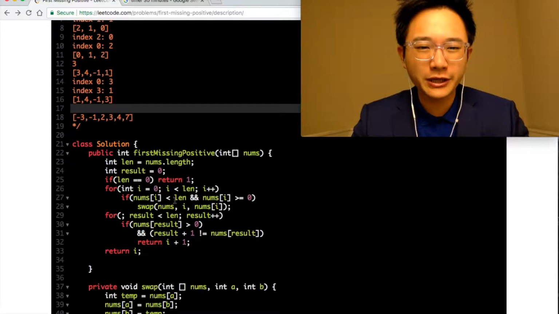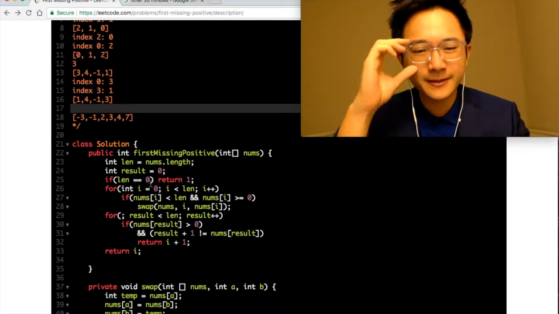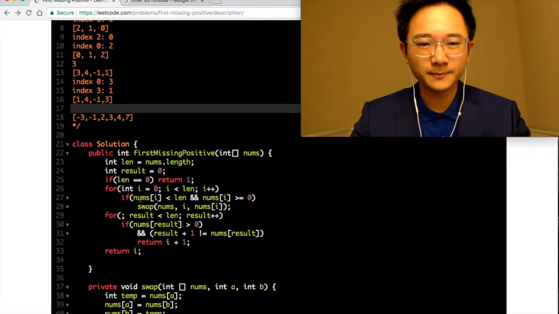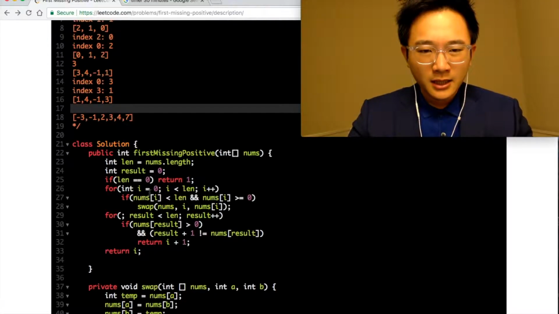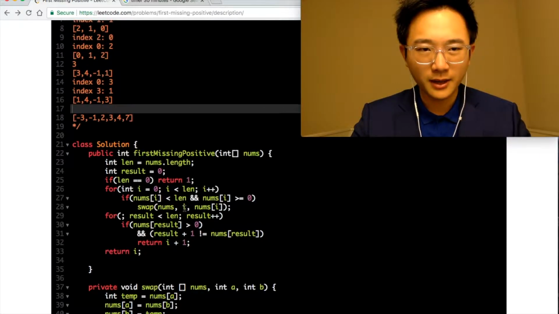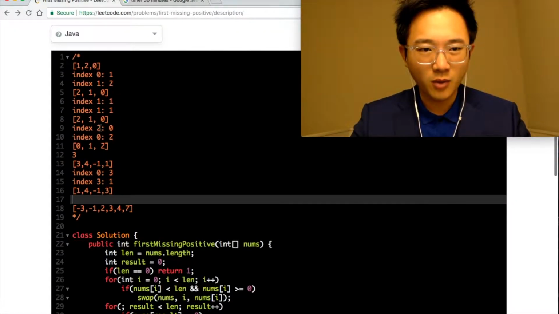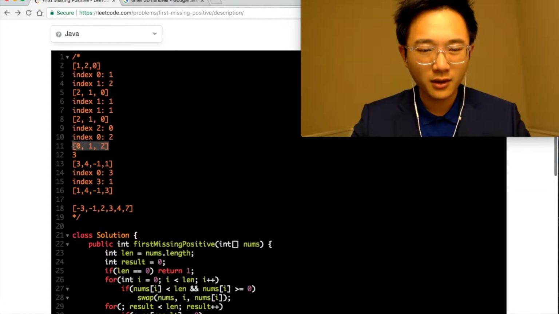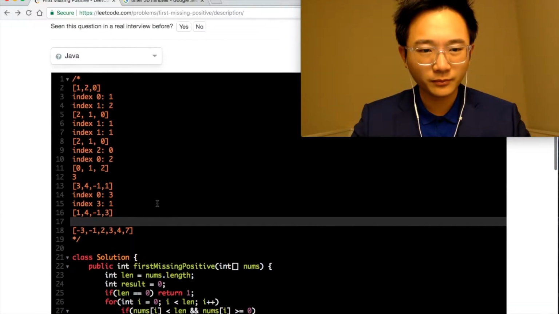So we start from the first index, and if the value is between 0 and the length, we'll swap them. Okay, so this is what we got after we have swapped this array. Okay, so now